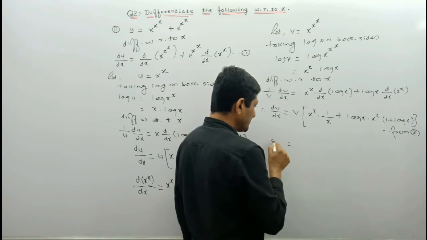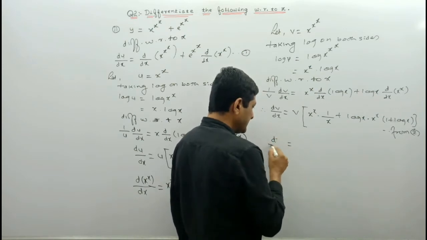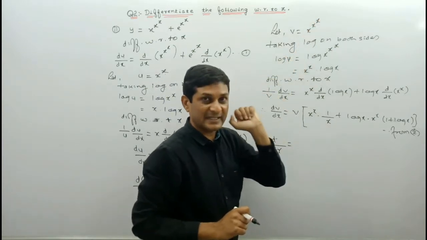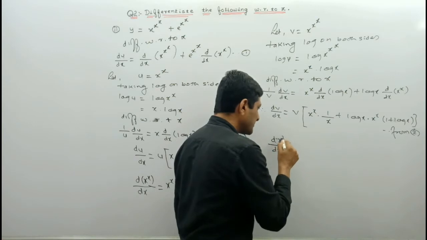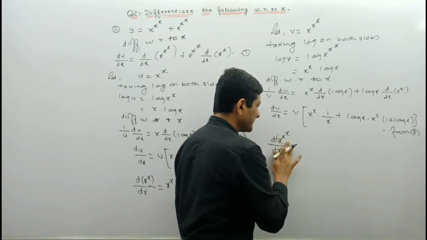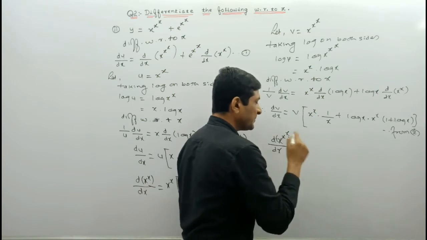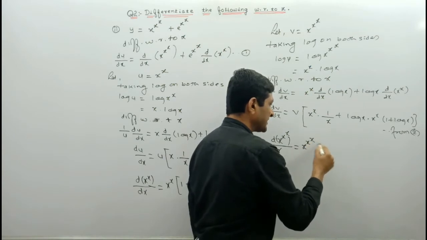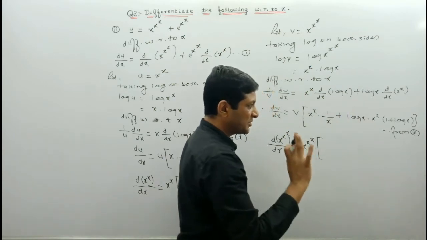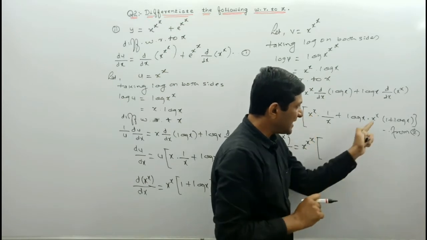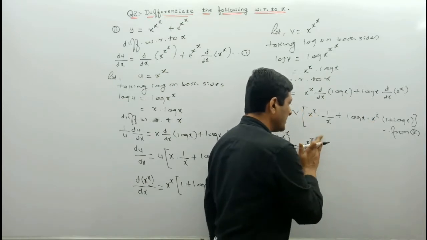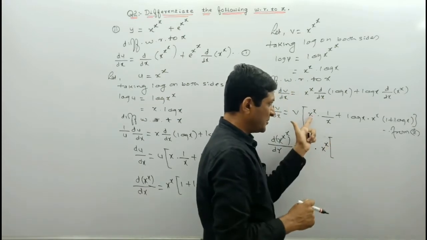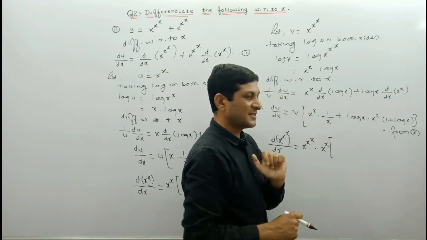So which is equals to, v also I am replacing by its value. What is the value of v here? v will be equal to x raised to power x raised to power x. So here v I am replacing by x raised to power x raised to power x. Hope you are getting it. So here is equals to, keep it as it is. Again here also v I am replacing by its value, x raised to power x, and now I am simplifying this expression. So here x raised to power x and this x raised to power x, we are able to take common from both the terms. So simply we are taking x raised to power x common from both the terms. Hope you are getting it. Here also x raised to power x is there, and here also x raised to power x.